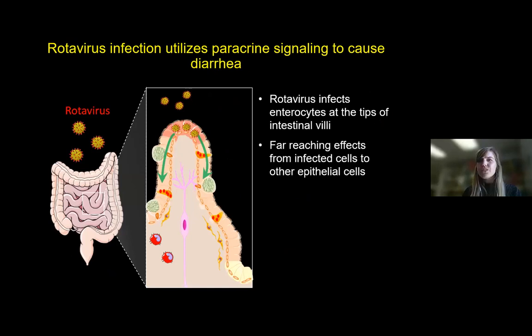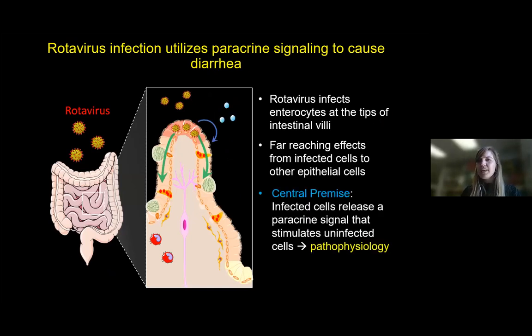This includes chloride secretion from the enterocytes, as well as stimulating serotonin release from enterochromaffin cells. And this exacerbates fluid secretion by activating the enteric nervous system. In fact, this activation of the enteric nervous system has been considered a critical part of rotavirus diarrhea, such that treatment with serotonin receptor antagonists has been a proposed therapeutic to treat rotavirus disease. Thus, looking at paracrine signaling can be likely responsible for a pathophysiology that's associated with infection and could be a more viable target to alleviate rotavirus disease without having large systemic effects.